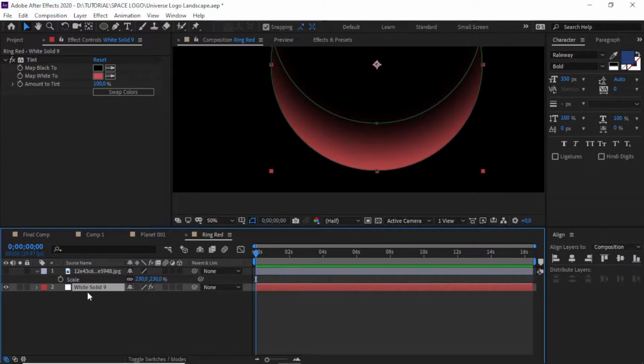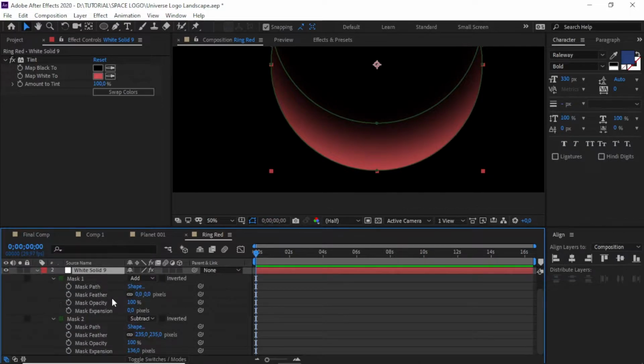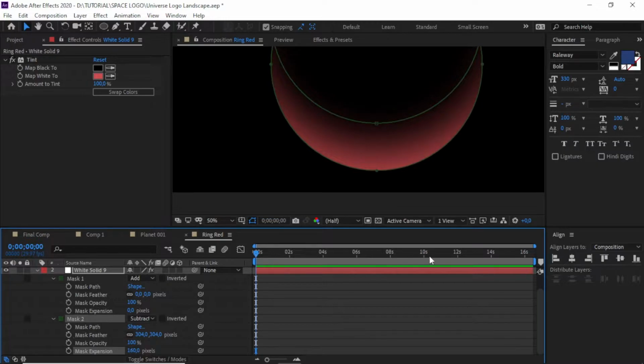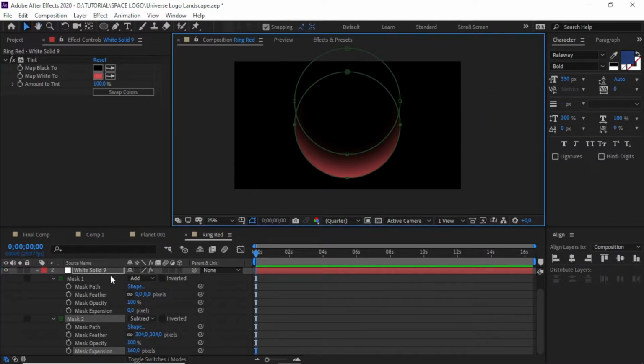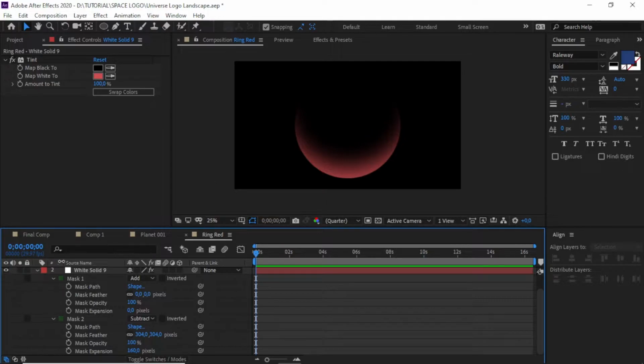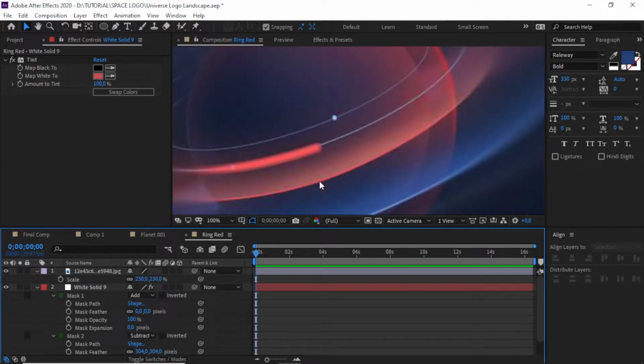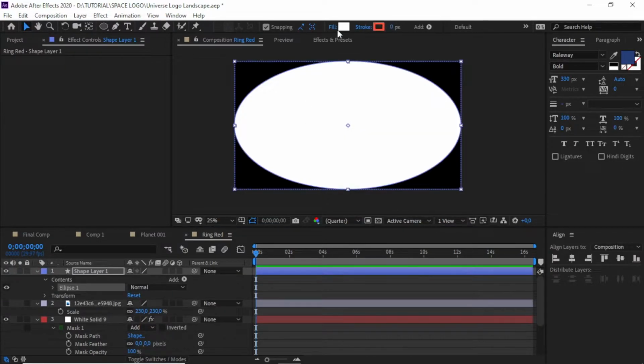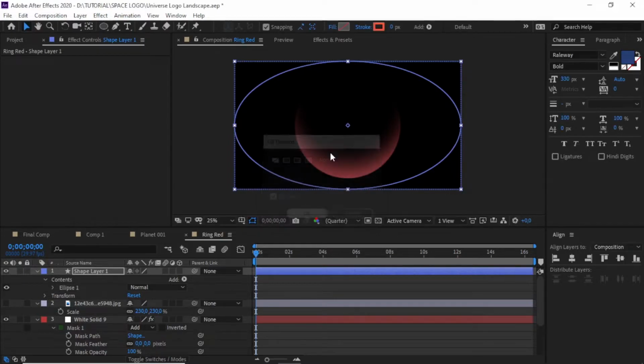Bring back the mask by hitting double M on the keyboard. I'll play with the feather and the expansion. Now if we look at the original image, on the outline it has a small outline on the edge, so we need to create a shape, the fill we need to set to none, and the stroke we can add about 2.